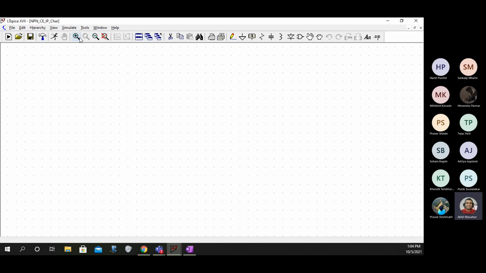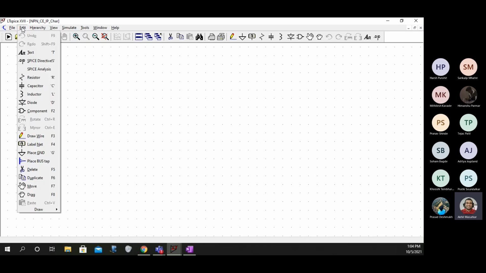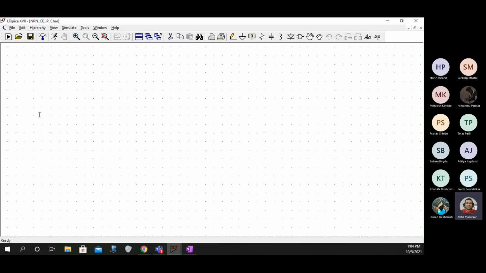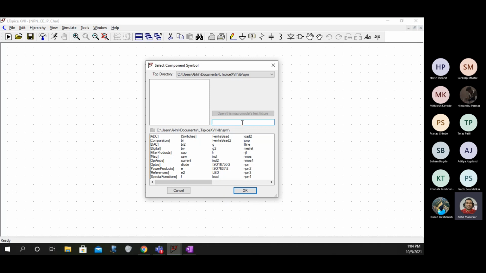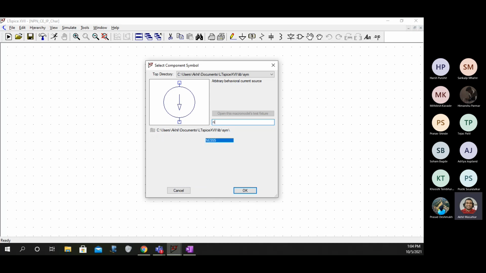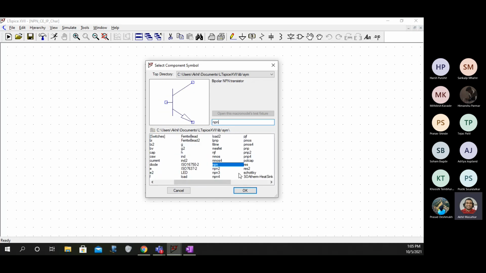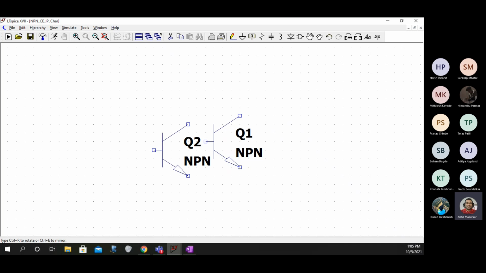You can go to edit and choose your components or press F2. What I want is a BJT. Just write here NPN, and if you want PNP, you have PNP also. You can select this first one, NPN, which is a transistor like this.